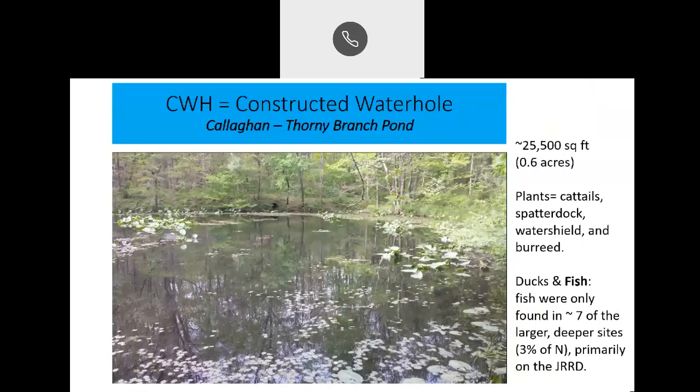Next. And here's the contrast. This is a constructed water hole. This was built, you can see in the background of this image, the dam or the berm with an outflow pipe. And this is more than a half acre. It's exposed, it's quite deep, and it has the usual sort of artificial pond flora and fauna. There's cattails and yellow flowering spatterdock. And these tended to be built in those days for game species benefit, so to attract ducks, waterfowl for hunting. And they are often stocked with fish. And that, of course, is a major contrast between an artificial pond and a vernal pond. No fish in vernal ponds.